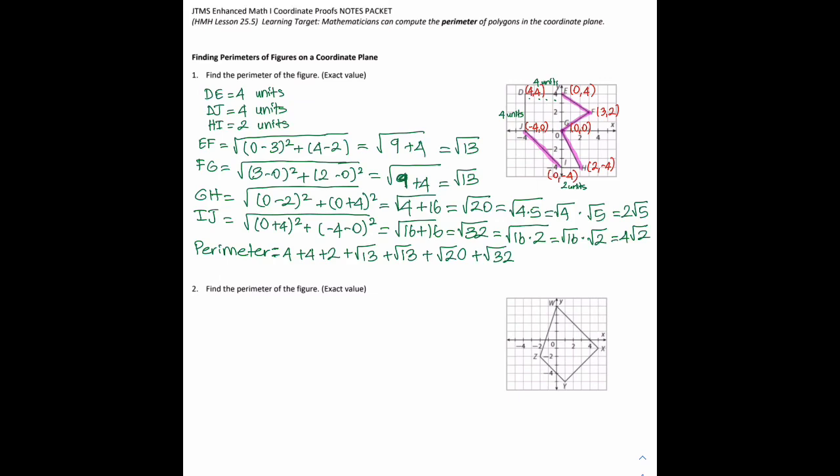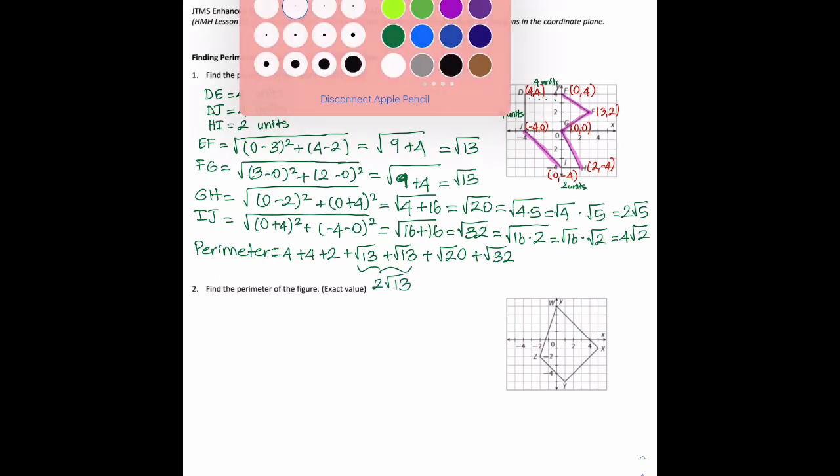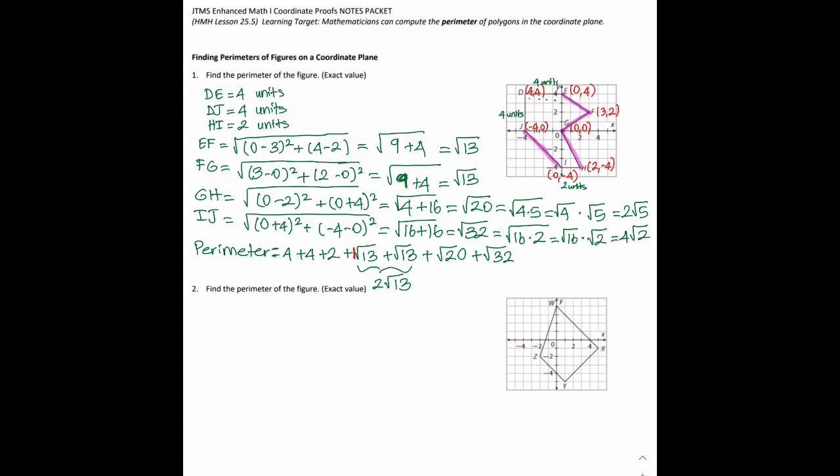I can also combine these two to square root of 13 because they have coefficients in front of them, just like combining like terms. You have 1 apple plus 1 apple, which will give you 2 apples, which is 2 square root of 13. So my final answer is